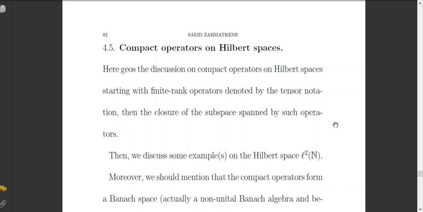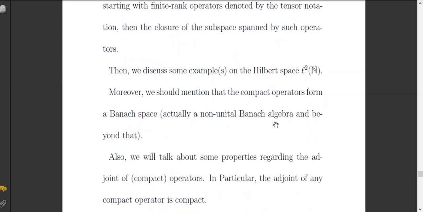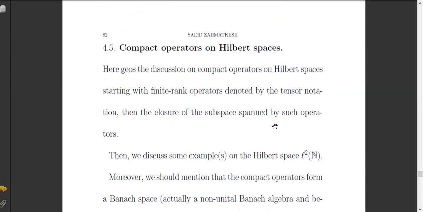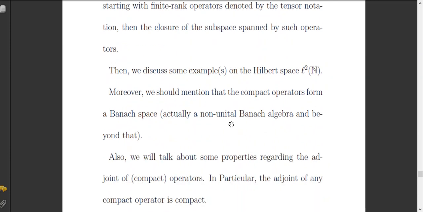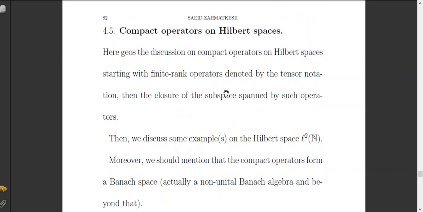Okay, hello guys. Let's continue our discussion on compact operators on Hilbert spaces. As you can see here, actually the lectures here are not prepared. It's just a summary of what we want to say. So I have prepared the note here for you,